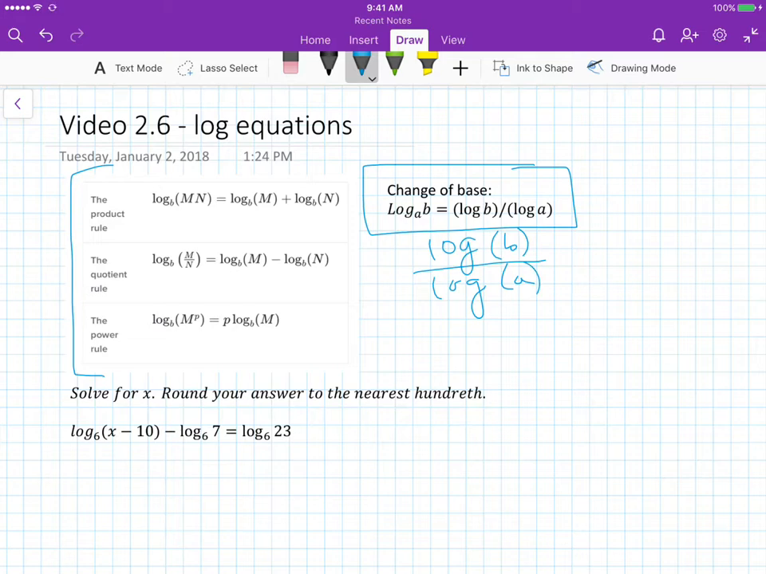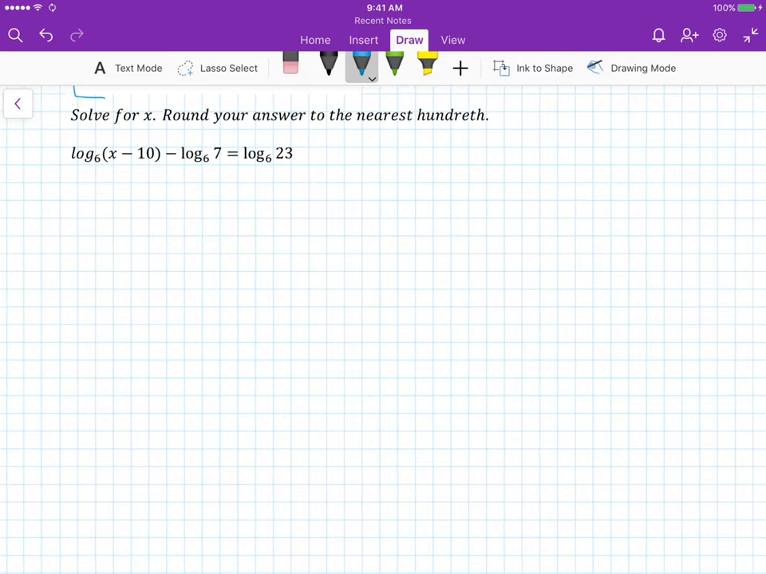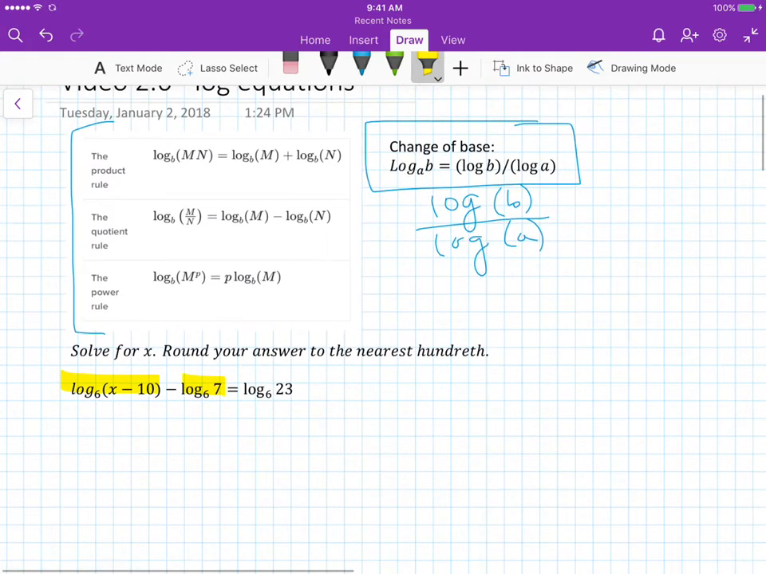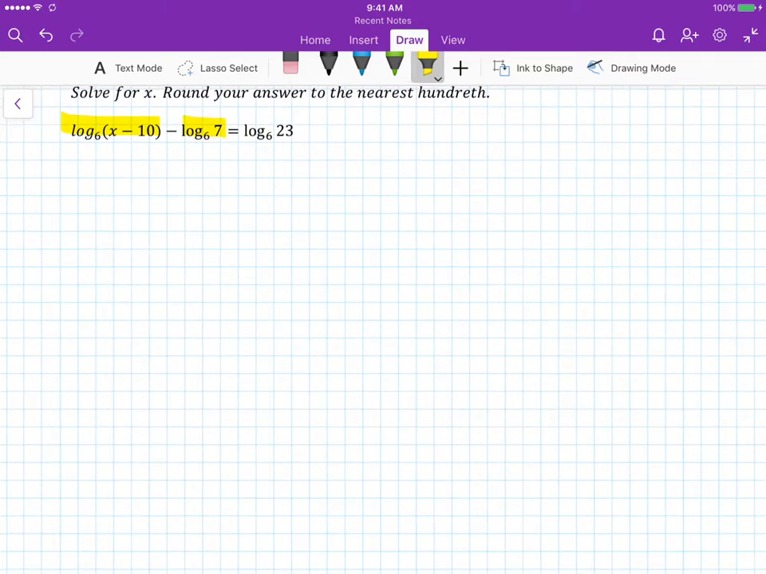All right, so let's start on this one here. Solve for x. Round your answer to the nearest hundredth. All right, well, I see log base 6 of everything, which is great, which means these are all kind of like terms, and I can combine them. So I see the log of one thing here minus the log of another thing here. So when I see subtraction, I know that I could go back and use the quotient rule. So I can combine these two on the left side